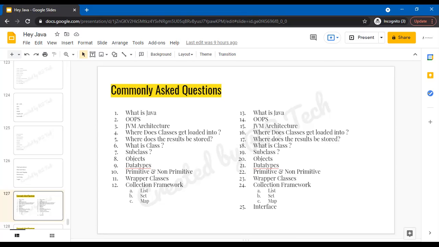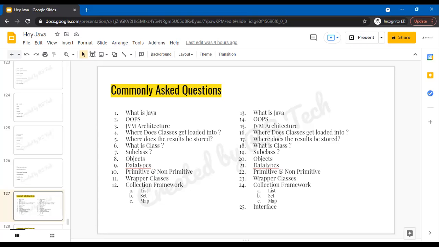Then we have the data types. So data types in Java: primitive and non-primitive data types. Primitive data types are the ones which are inbuilt, like int, bool, char, float, all those things. And non-primitive are the objects, or the object data types.